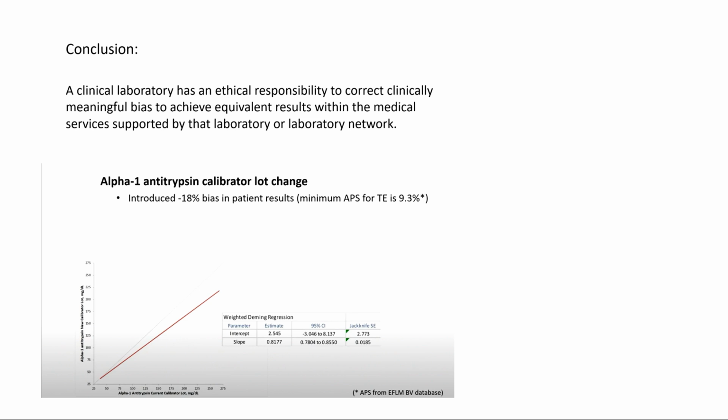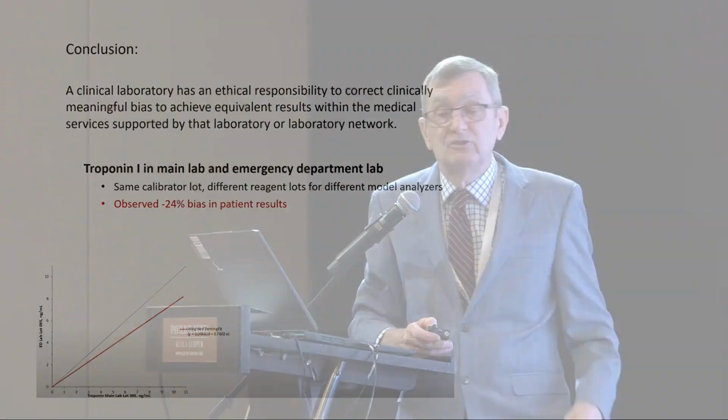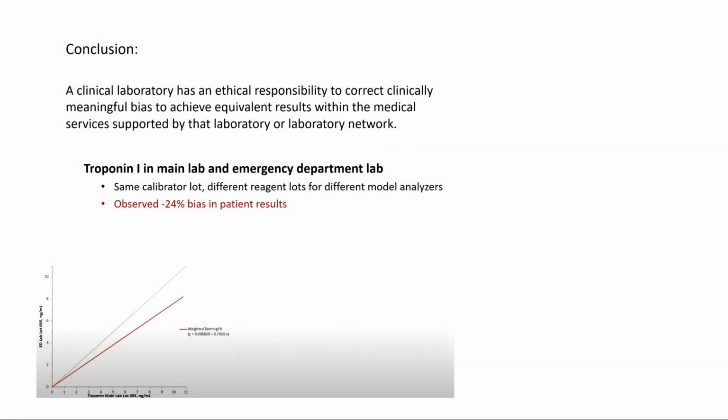So when would you use factors? If there's a reagent lot change, sometimes we talked about lot-to-lot variation. What happens if you find a lot-to-lot variation? As C. Ping said, you might have to put a factor in. So you need a factor. It might be that you have different methods in ED or another lab and the main lab, and you want to get the same results. There was a case in Victoria just 2 years ago where a patient died because there was an ED troponin method that had different units to the main lab one, and the patient was sent home from ED and came back the next day and died.